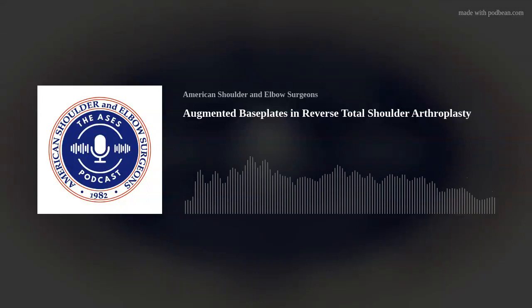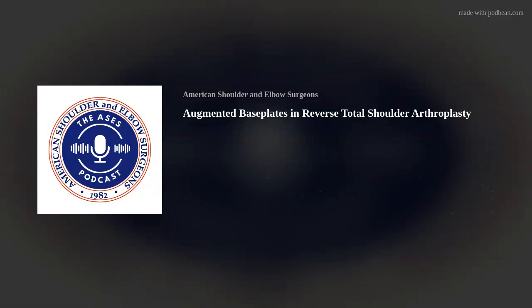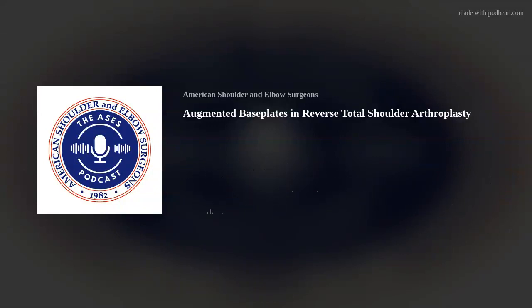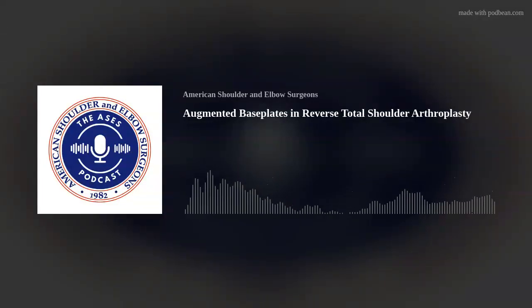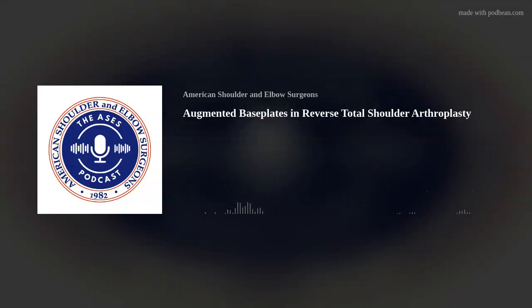Do augments lead to more stress fractures? I don't think we know. There definitely is some thought and some evidence that maybe over lateralizing, and what does that mean on the glenoid side, could increase the risk of stress fracture, or there's a correlation, let's put it that way. But implant factors, actually, in terms of odds ratio, was actually on the lower side of significant things. The number one things are patient factors: being a woman, being osteoporotic, having rotator cuff arthropathy, as opposed to OA.